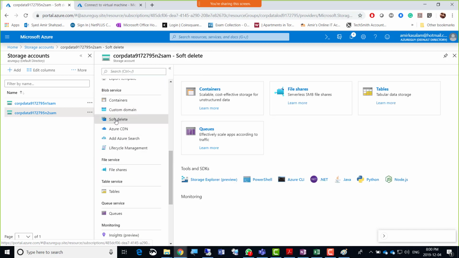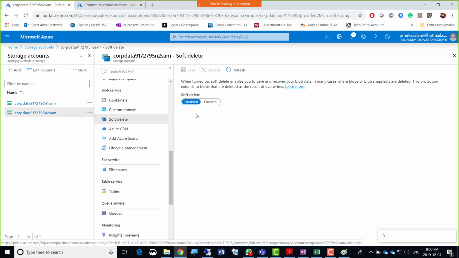This is the soft delete, right? So they're saying enable it. So go ahead and enable that, and then it's 7 days. So they say for 14 days, just go for exactly 14. Oh, okay. Just type here 14. 14 days, right? And click save. So this is it, right? So 14 days and save.